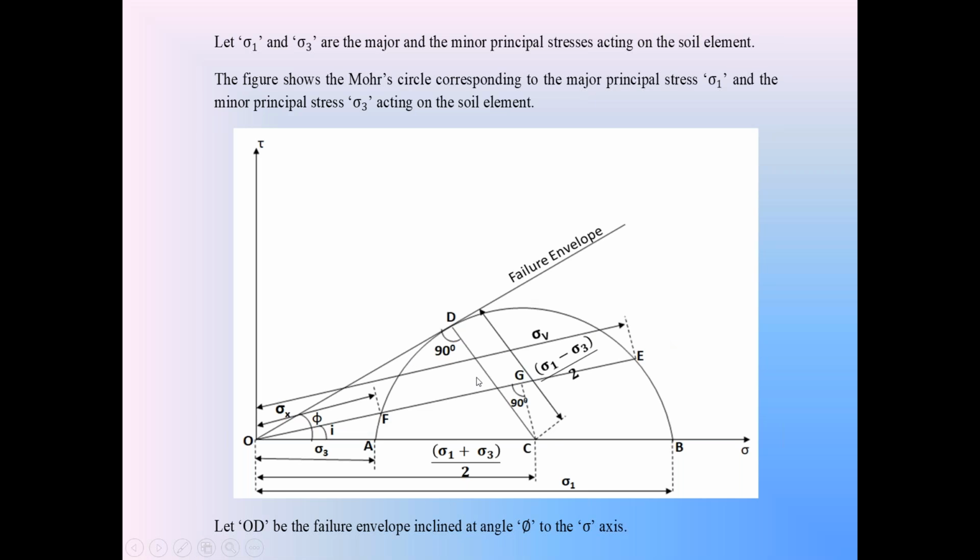This is the property of the Mohr stress circle. In this Mohr stress circle, if I draw a straight line making some angle with the x-axis, then that straight line touches the Mohr stress circle at two points. Then from this pole, OF indicates the stress on that plane making an angle i, and the other, OE, indicates the other stress acting on that plane making an angle i with the horizontal. That is the property of the Mohr stress circle.